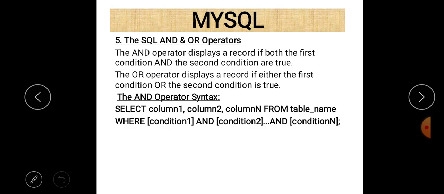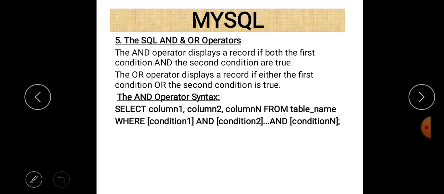When we separate the conditions using AND operator, then the result that is displayed satisfies both the conditions. But when the condition is separated by OR operator, then if any condition is found to be true, that record will be displayed on the screen. So that is the difference between the AND and the OR. AND means both, and OR means any one condition.